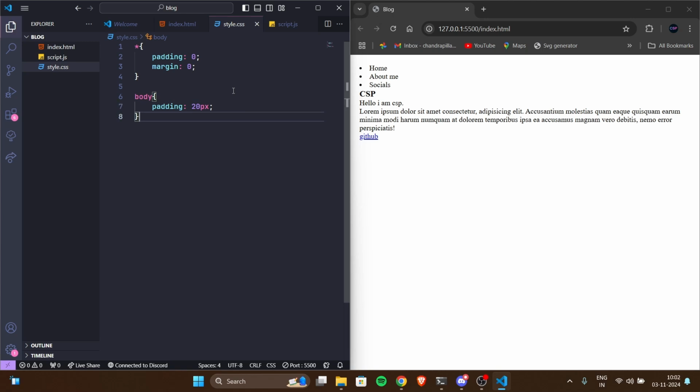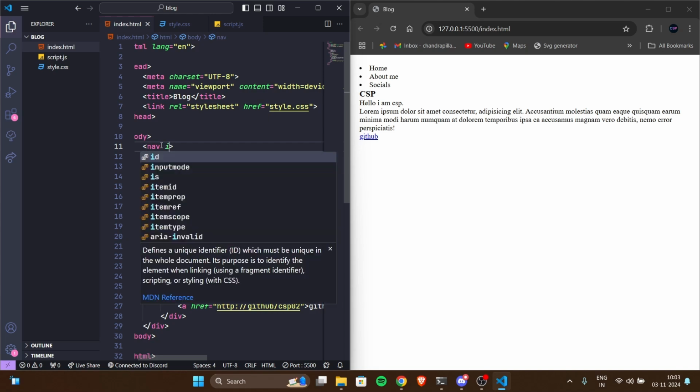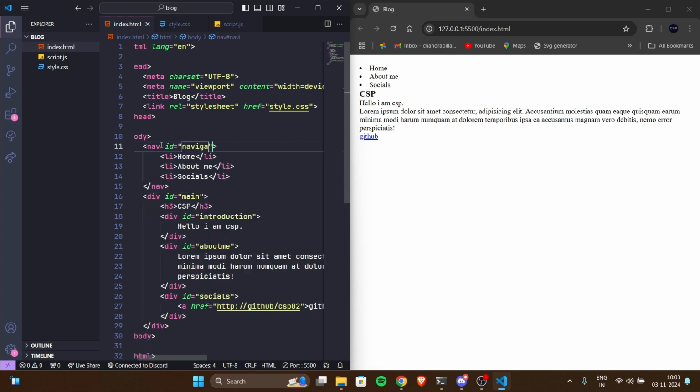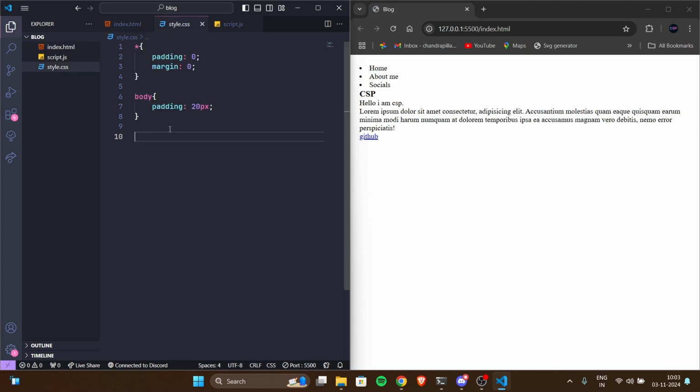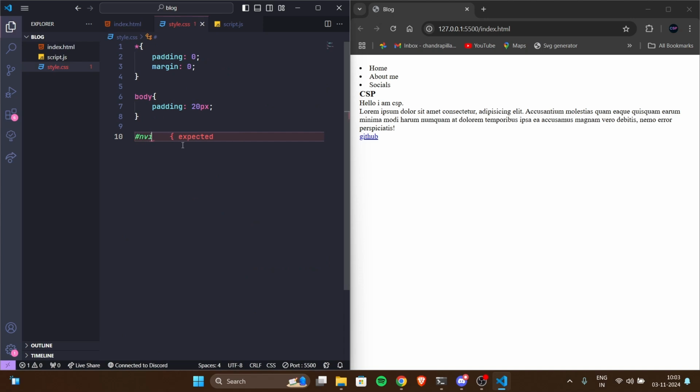I'm gonna leave it this way, and then I'm gonna go for. So we have to put the navigation bar this way, so it will come like this, as we see in some websites. So we didn't give any ID for our navigation element, so I'm gonna give an ID navigation, and then to access the ID selectors, we use hash followed by your ID name. So I assign ID as navigation. So I'm gonna do hash navigation, and then I will open this and I will write the properties